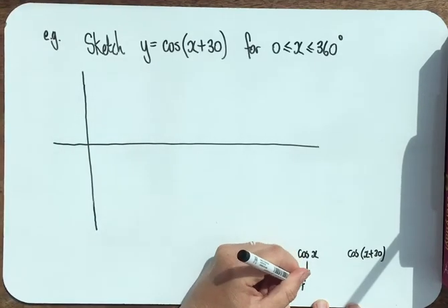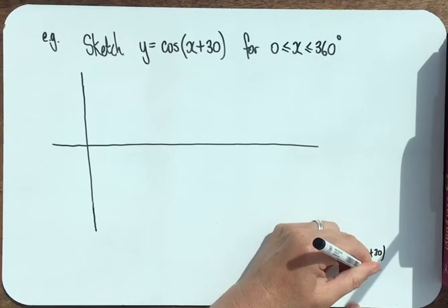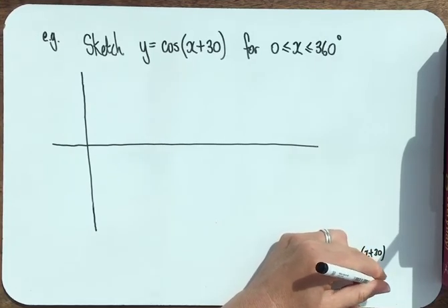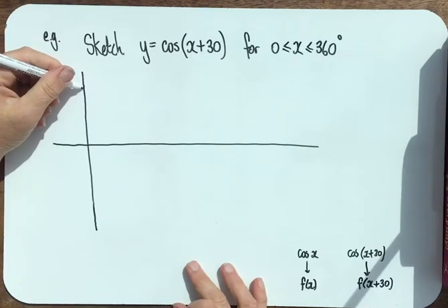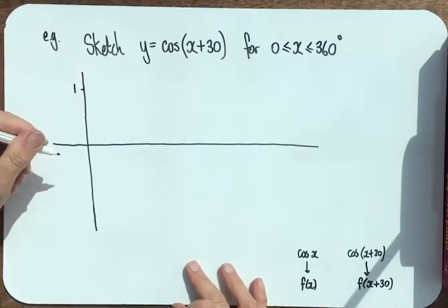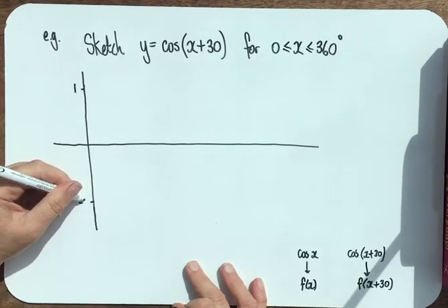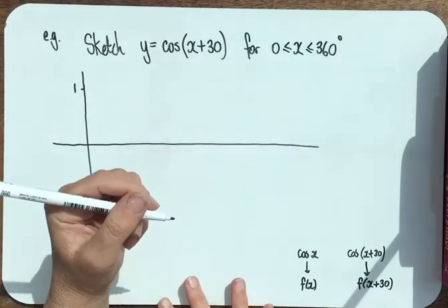So the x is being replaced with x plus 30. So that's equivalent to f of x plus 30. So the cos curve is being moved left by 30 degrees. There's no stretching, so I'm going through 1 and -1. What's useful with these actually is if you let x equal 0,